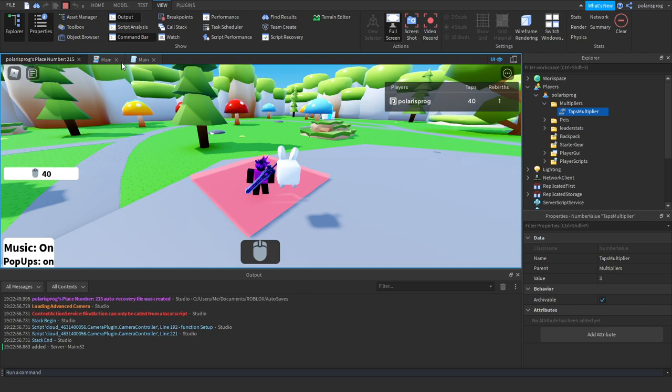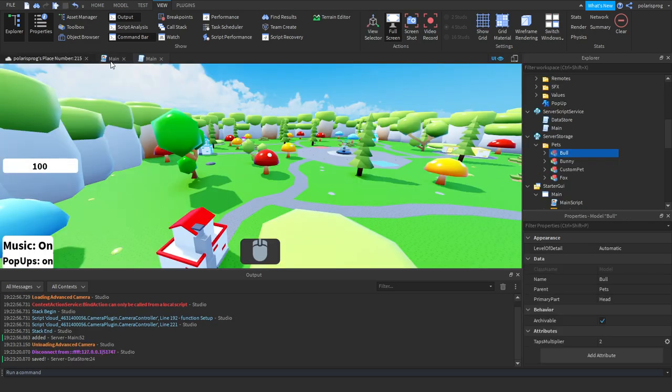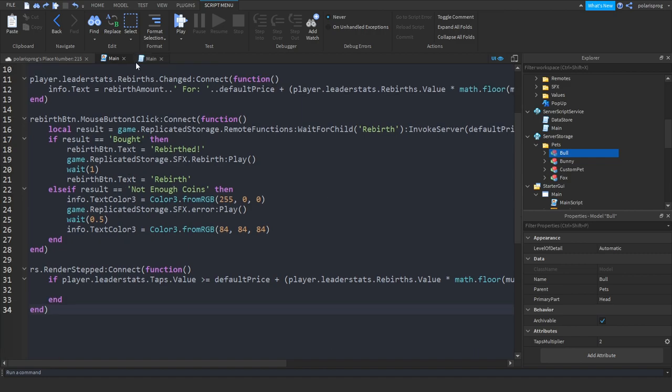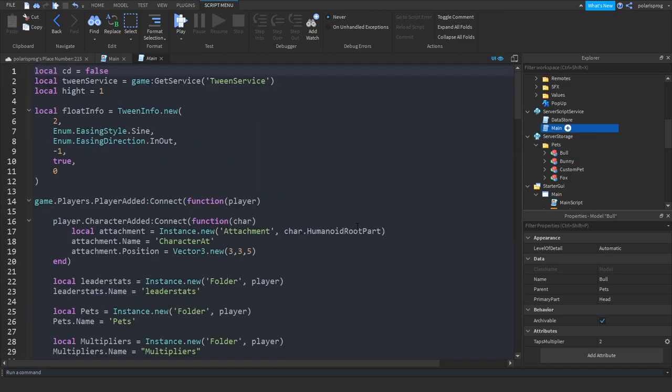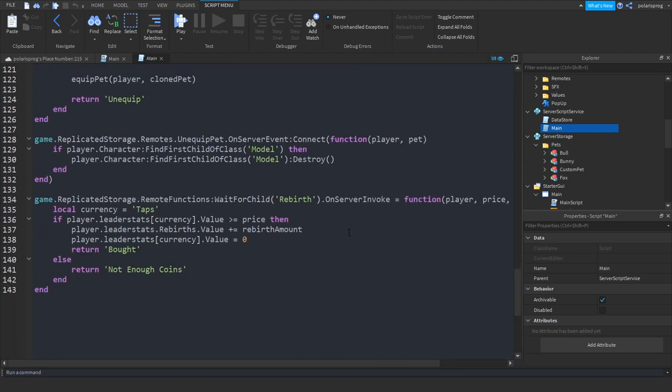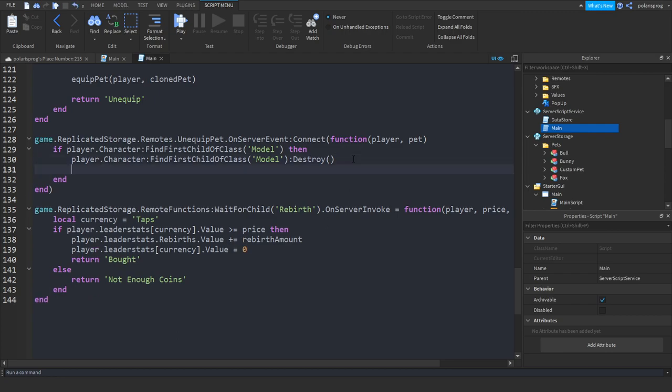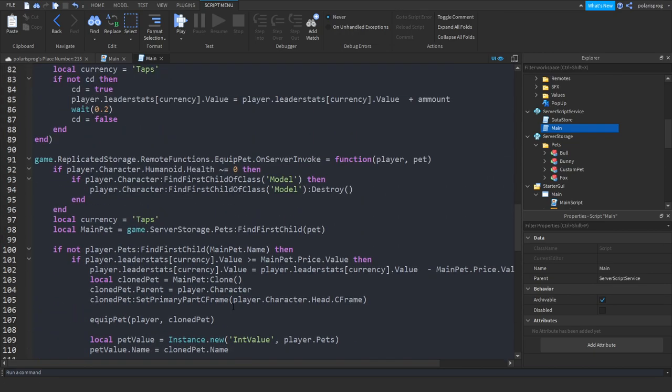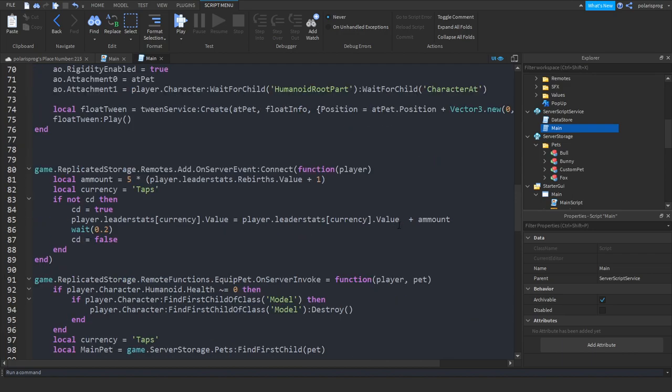Now what we want to fix is... I think we're gonna have to go back to your main script. When they unequip the pet, what we're gonna do is, where is it? Game.source.unequip. Okay, so we're gonna do player.multipliers.taps multiplier.value is equal to 1. And what we're gonna do in our function that adds, in